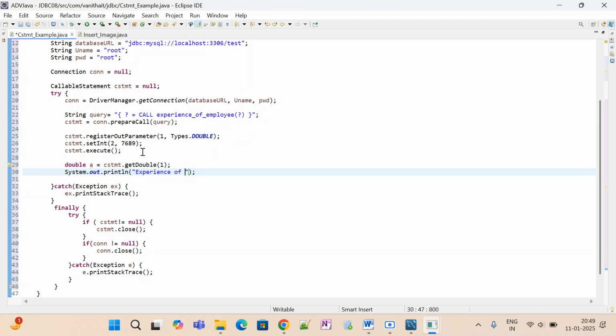So for that I'm writing the experience. Suppose he has 8 years of experience or 7 years of experience, 7.5 years, so it will show. For that purpose I will write experience of 7689, the employee ID, it is Arvind's employee ID, in years. How many years, like that. So how many years I have to mention? What is my variable? A,